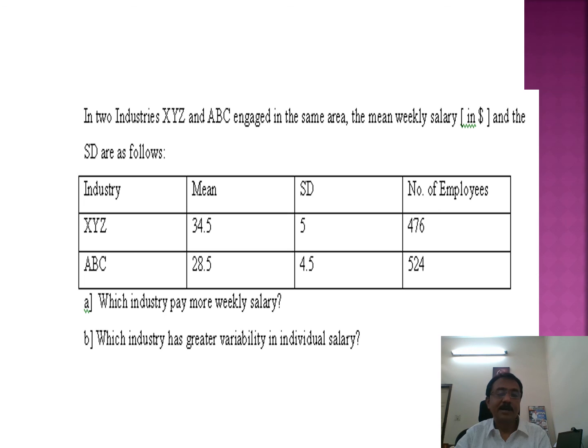So the mean salary is 34.5 and 28.5. SD is 5 and 4.5. And the number of members in XYZ company is 476. In ABC company it is 524. So since the values of the mean and SDs are given directly, we can evaluate the coefficient of variation of the company XY